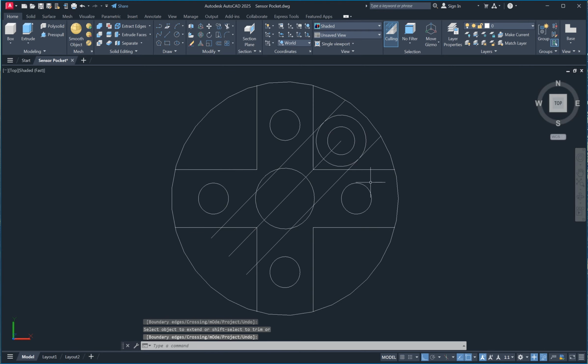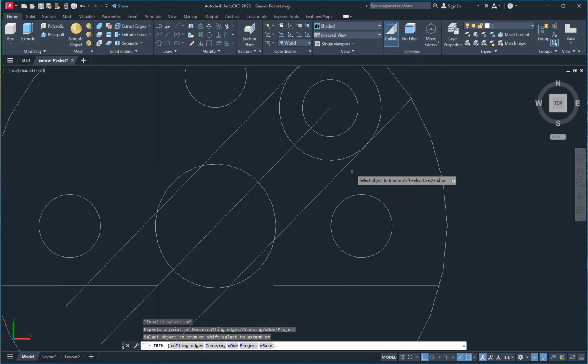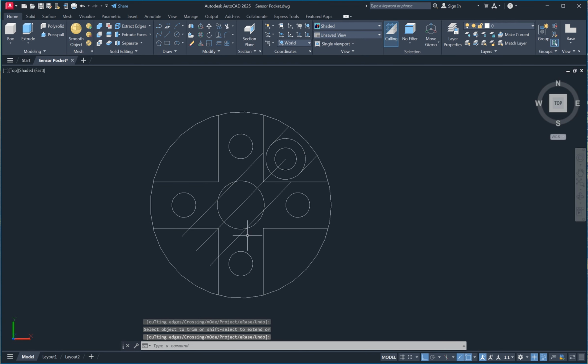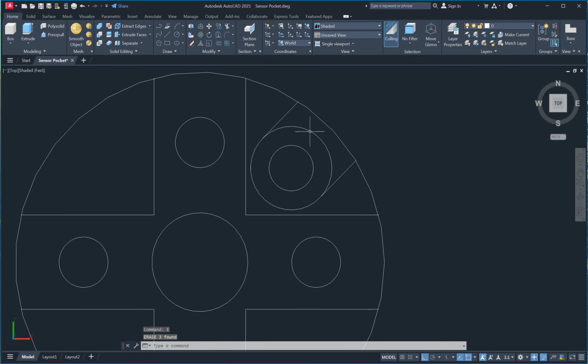And we trim this line, TR, enter, select object to trim, okay, TR, enter, select object to trim, and then we need to erase the object, enter. We also need to trim, TR, and then we join here this object, the object, and the object.